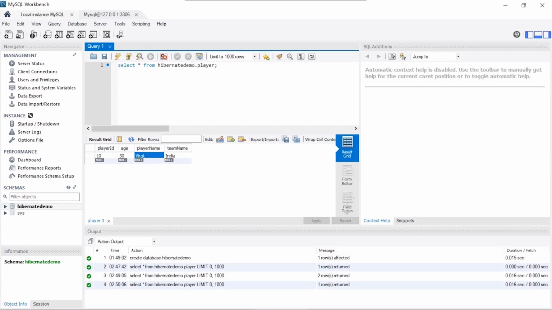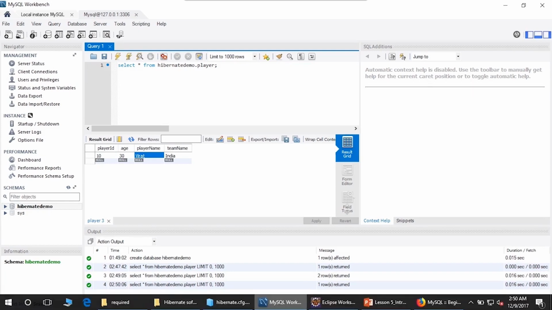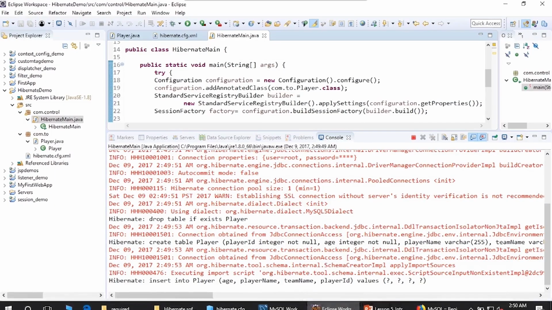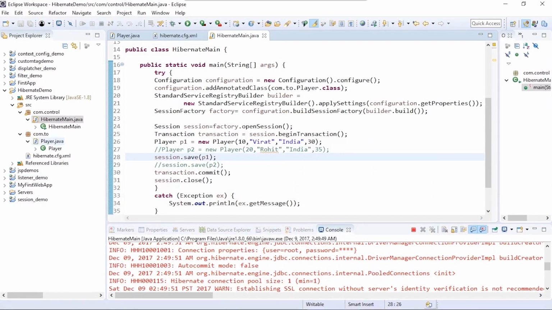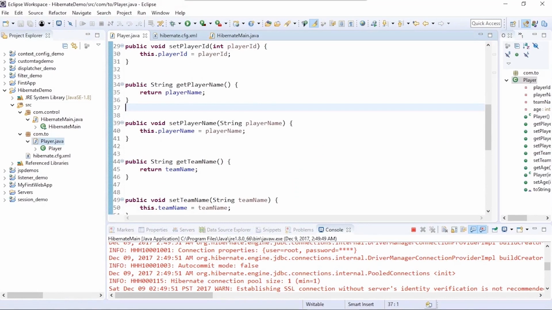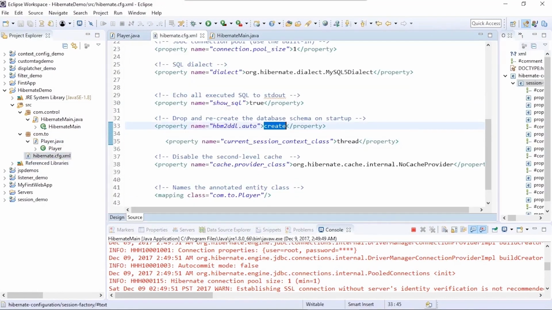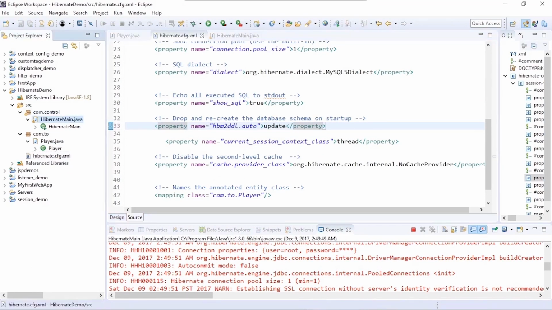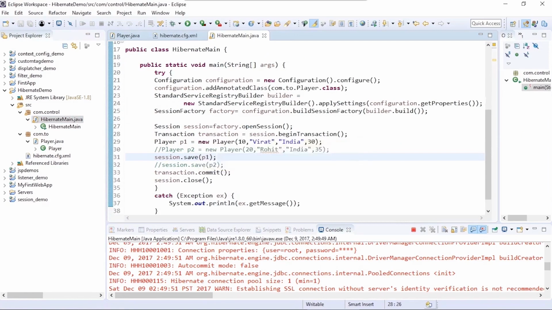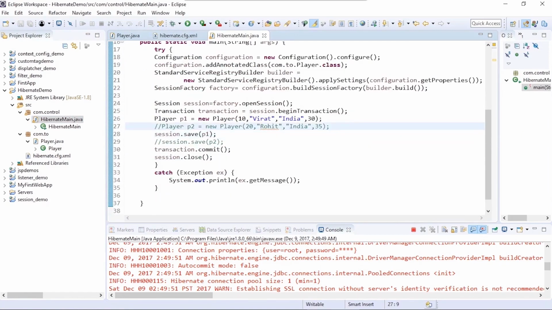Now, if we need to preserve the records and just do an update to an individual record without updating the entire table, let's change this flag from create to update and save this. And now when we come back here, we will uncomment the second record and comment the first one since it's already there.